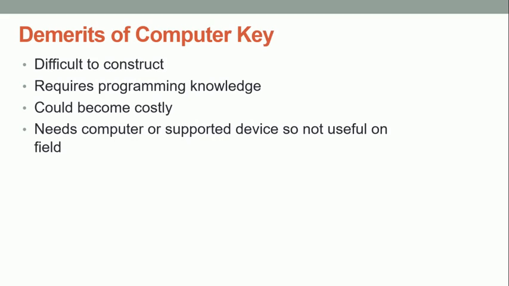Also, it requires a computer or other supporting devices when you want to use this type of key. So it does not become useful when you want to use it in the field. So field identification, or for a field taxonomist, it becomes a constraint to use this computer key. So these are the demerits of the computer key. Now,